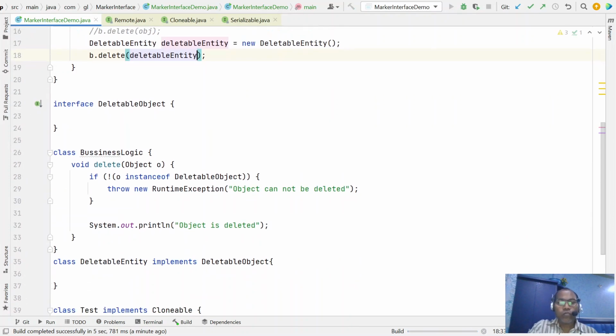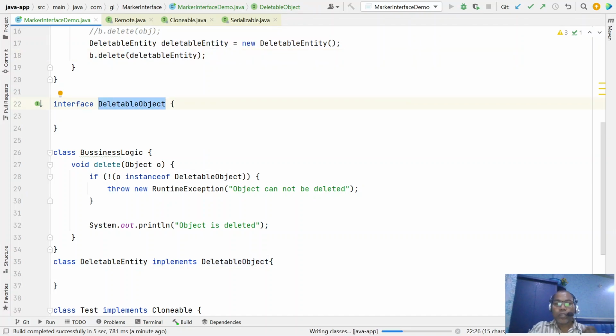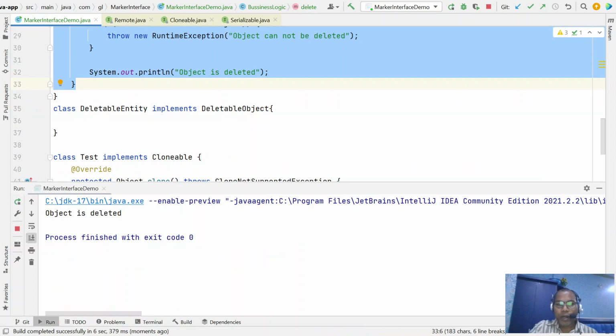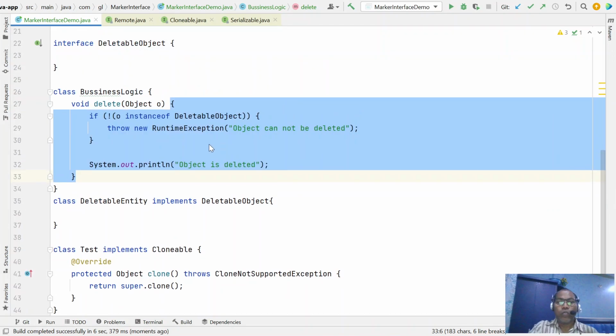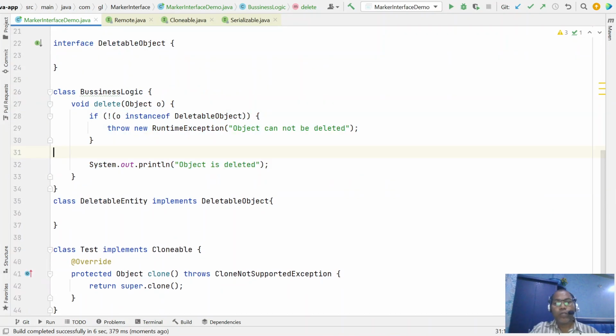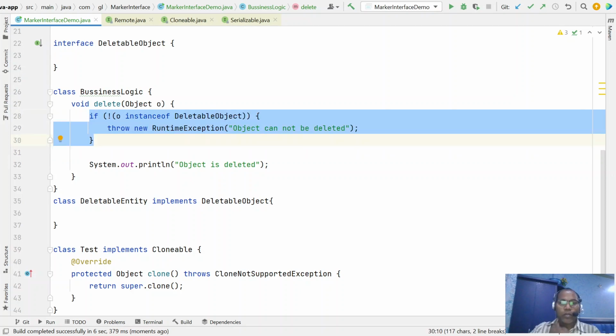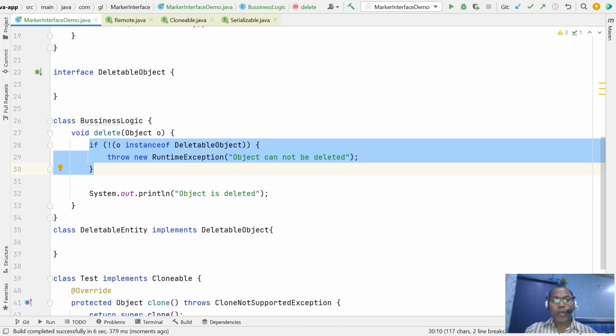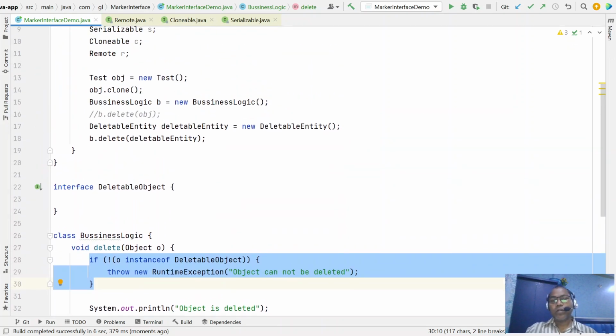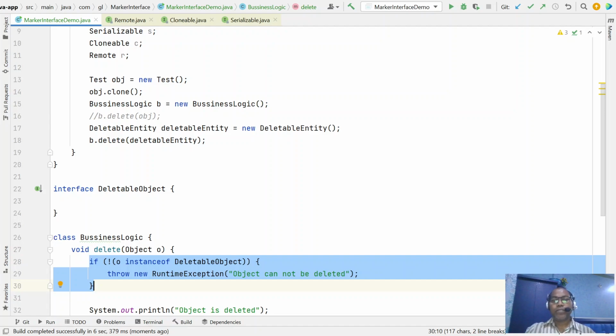So what are we doing here? Using my marker interface, we are providing additional checks and additional validation at runtime. Whenever we perform any delete or removal operations, we have to do some additional steps, and we can provide these additional steps using the marker interface or tagging interface.